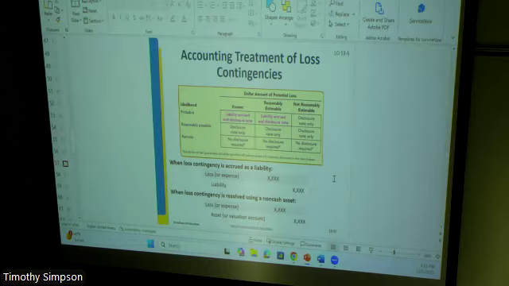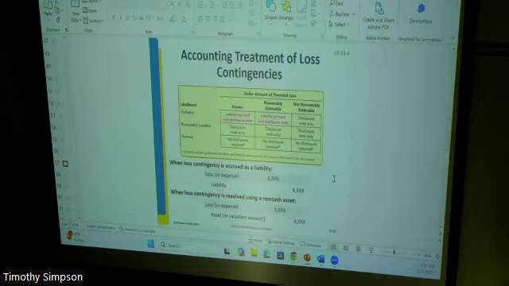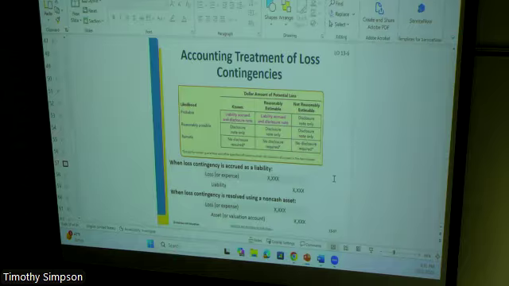And the liability will obviously get a credit balance, and then the debit will be some expense, some loss that's recognized as a result of how you balance that transaction. But if it's only reasonably possible, then all you're going to do is disclose a note. And here, there are all kinds of examples in which this is potentially possible. So, for instance, things which we know are going to create some liability. Some event happened where there's a liability that's going to happen. Then the company will certainly disclose what's going on, even though the dollar figures are really not estimable at that